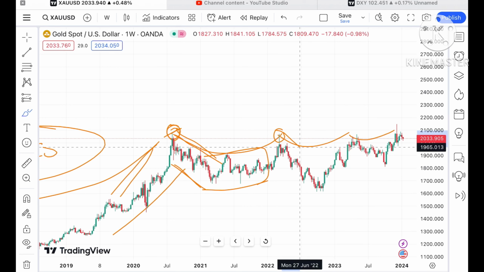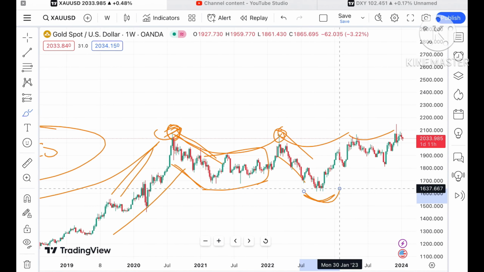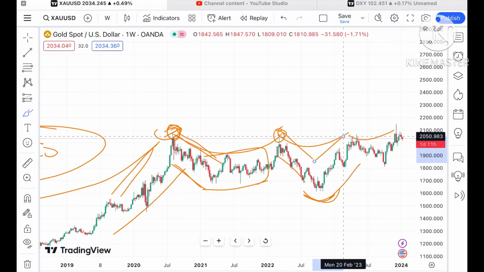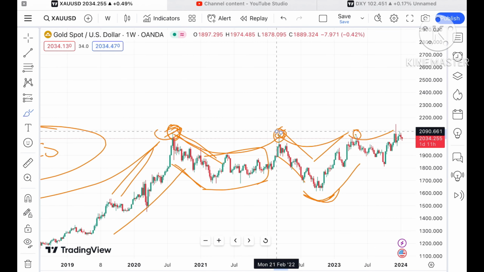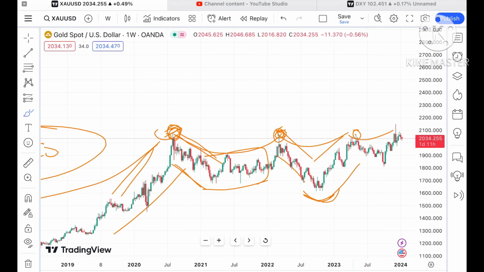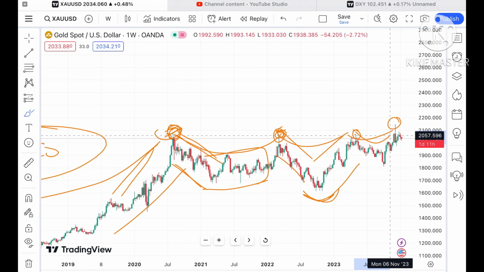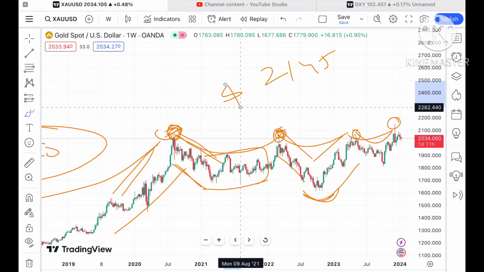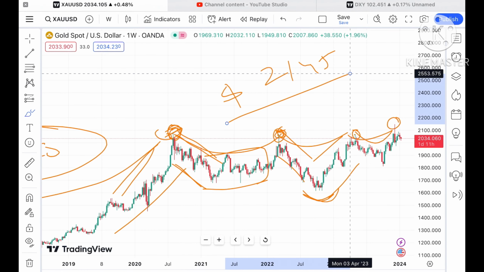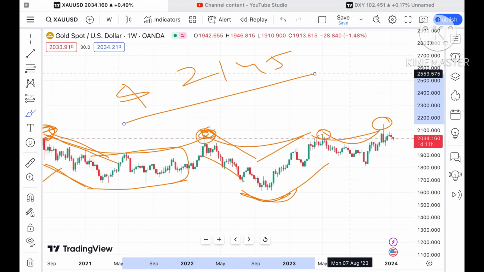Because this level was a strong resistance, chances were very high that it would go further down after touching this particular zone. Then a swing was formed, and then again it went upside. Because of this level, it has moved upside. That means it touched a level of $2079, and it has crossed this level. But for the fourth time this pattern is created, and then it made a high around 2145. You all have to know this, because if you are new to my channel, you should know how the price of gold has been moving so far.